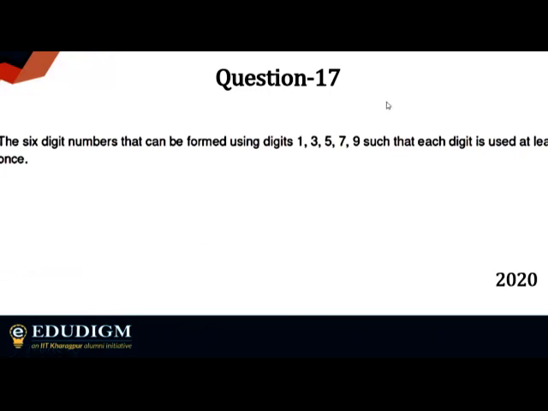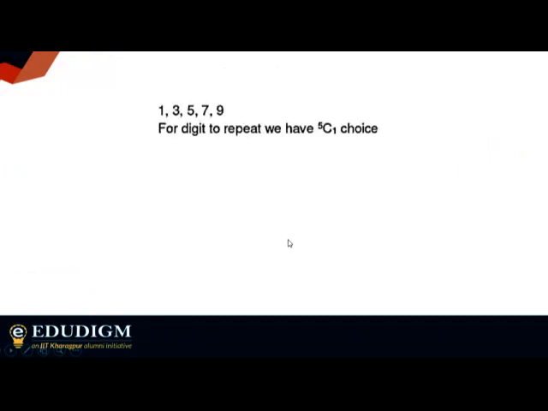All right. Whenever you're given these kinds of sums, you just keep on calculating, and as you get the answers, please let me know in the chat box. Just understand that you have 5 numbers, and you have to use all the numbers at least once. So for a 6 digit number, at least one number has to repeat, right? So which one will repeat? You can choose that in 5C1 ways, which is 5 actually.